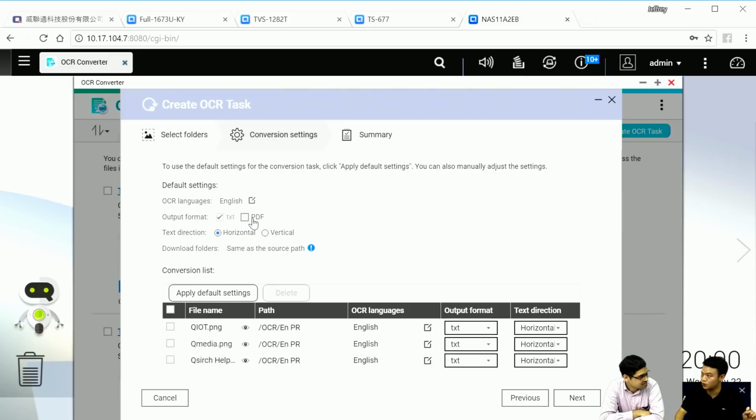Currently, we have two formats to choose from, TXT or PDF, or if you are greedy enough, you can make it both. Horizontal or vertical is quite intuitive. And the download folder is the path where you want it to be saved. Okay, so that's it. Let's recall the first problem we have tonight again: